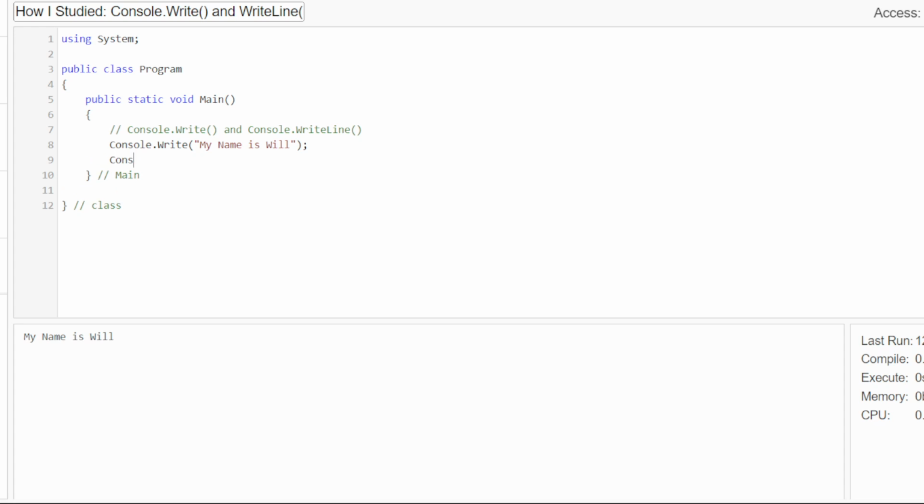Well, we have something else here too called Console.WriteLine. They sound pretty much the same, and I'm thinking in my head, well, maybe these two things kind of do the same thing. Well, let's test it out. I know here in Console.Write that if I put something in these parentheses, it'll print out on screen. So let's try it over here. We got some more parentheses. I'm just going to comment this one out. Or we'll leave it for now. I'm going to go ahead and run it. Oh, well, yeah. I now know with Console.Write and Console.WriteLine, the purpose of these is just to display to the